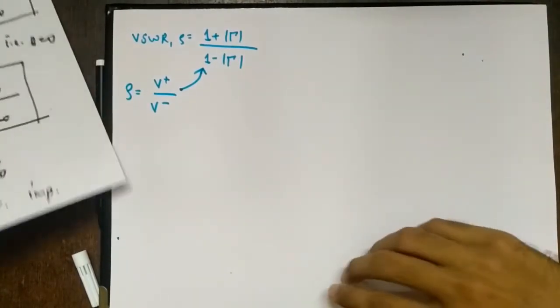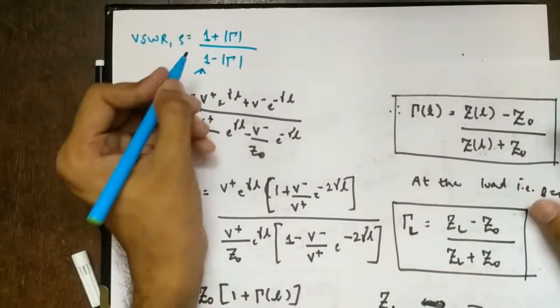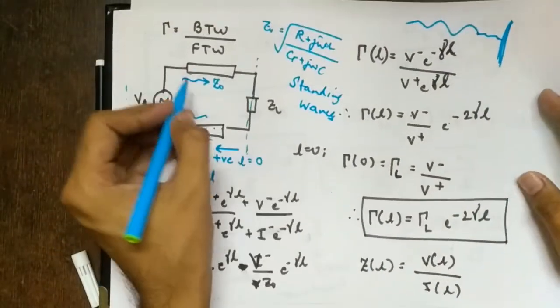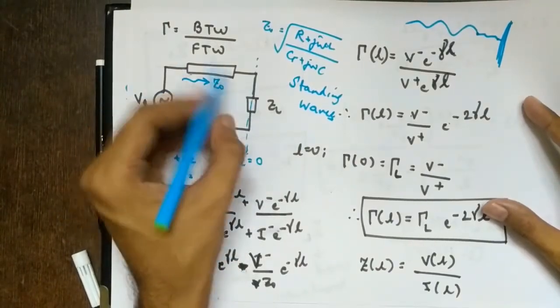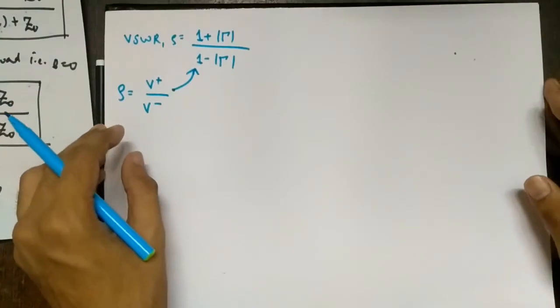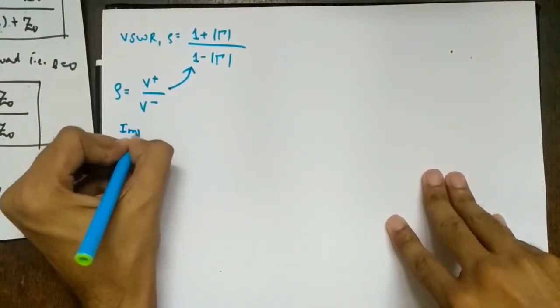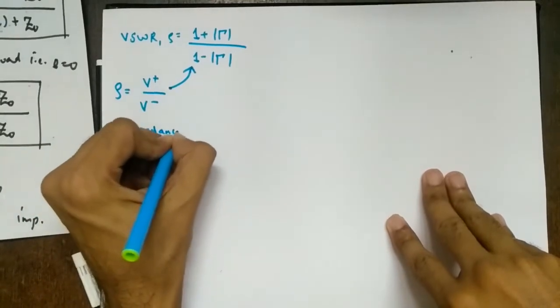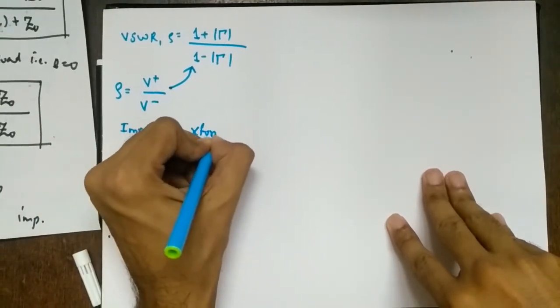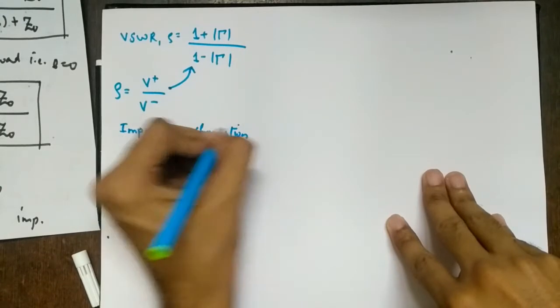So next is what will be the range of gamma and rho. Right? So gamma, what can happen? Okay, I'll take this range part later. So before that, let's see something called the impedance transformation relationship.